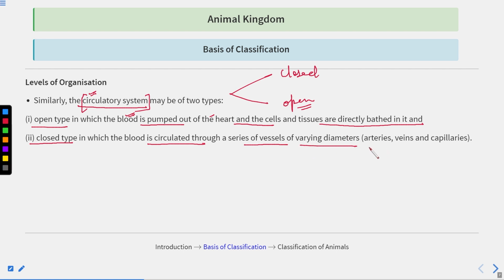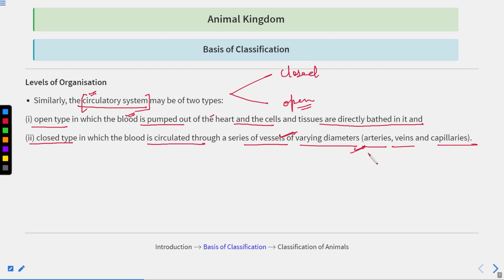We have different vessels. These vessels can be arteries, veins and capillaries, as you see in the case of annelida. They have the closed type of circulatory system, right? But in the case of arthropoda, we have the open type of circulatory system, right? In the case of humans also, we have the closed type of circulatory system, because we have arteries,